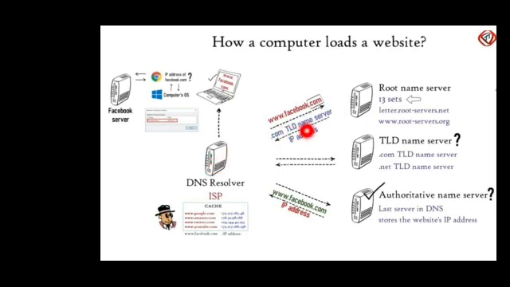The .com TLD name server will go back to the resolver, and from the resolver it will reach the .com TLD name server. Once it reaches the .com TLD name server, that will also not have the entire IP address. It will not have this IP address, but it will know who is maintaining facebook.com, out of all these .com websites, who is maintaining Facebook.